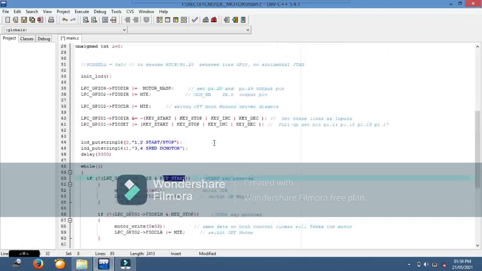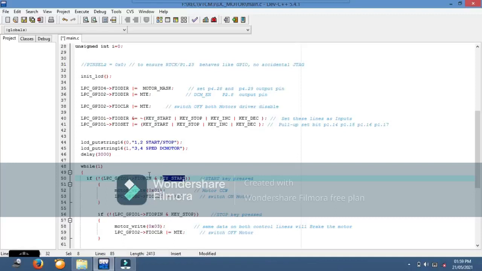What is the key start? Key start is the variable that will have the 14th bit of this value as 1.